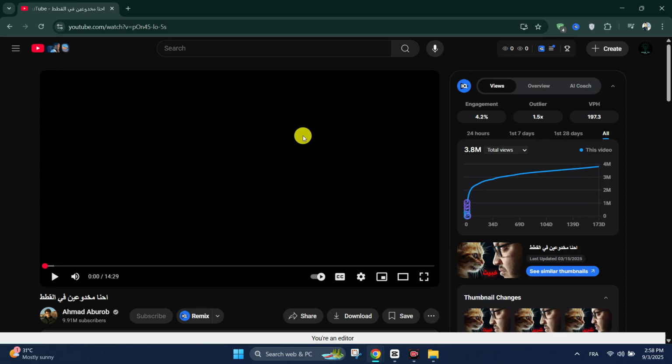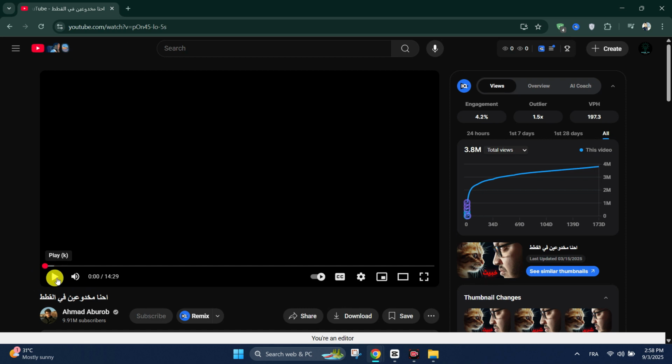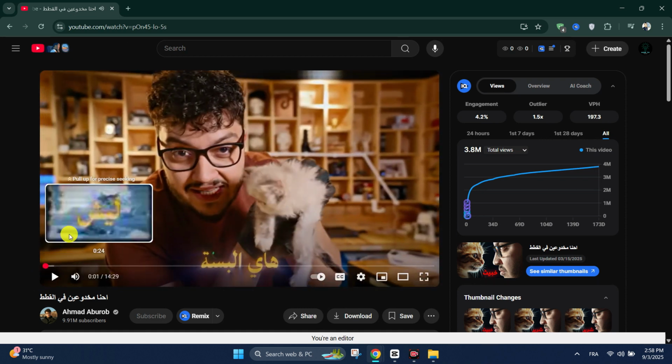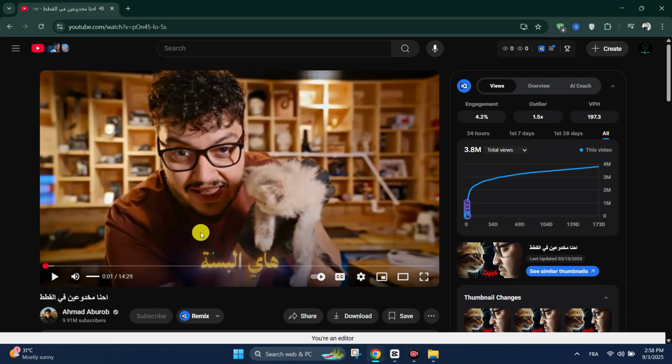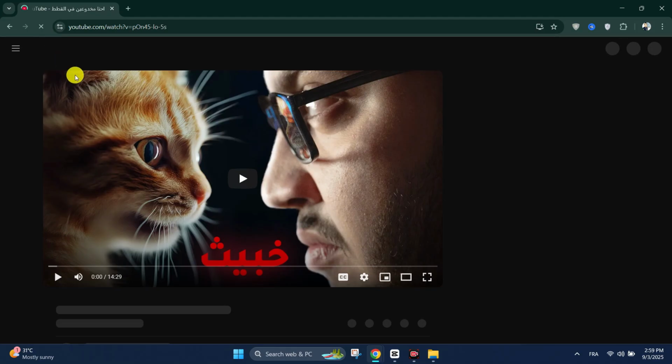First thing first, go to your YouTube website and play the video that's giving you a black screen. In your browser's extension bar, locate your ad blocker like uBlock, AdBlock, etc. Then temporarily disable it. Now refresh the YouTube video page, and if the video now plays correctly, the ad blocker